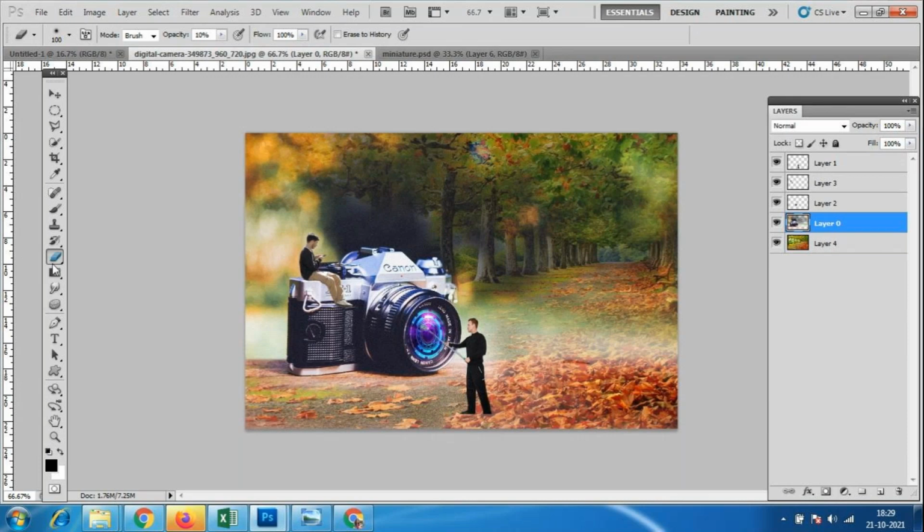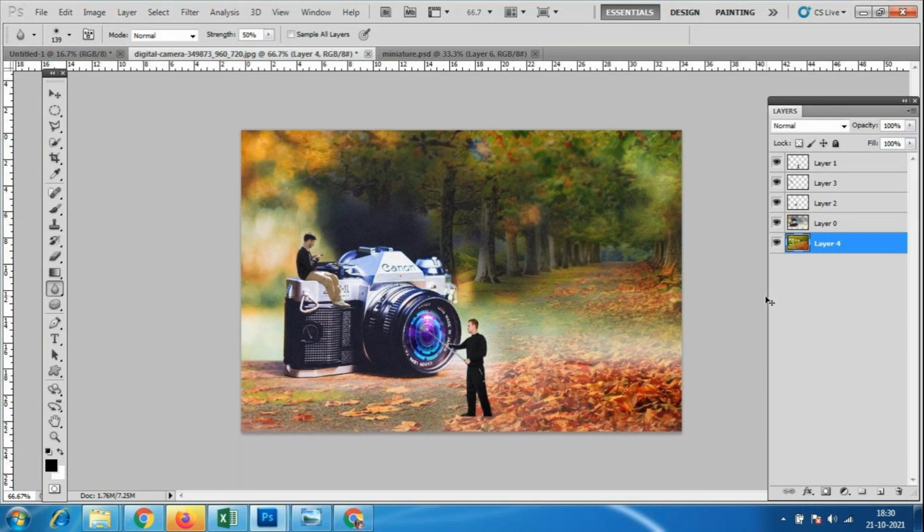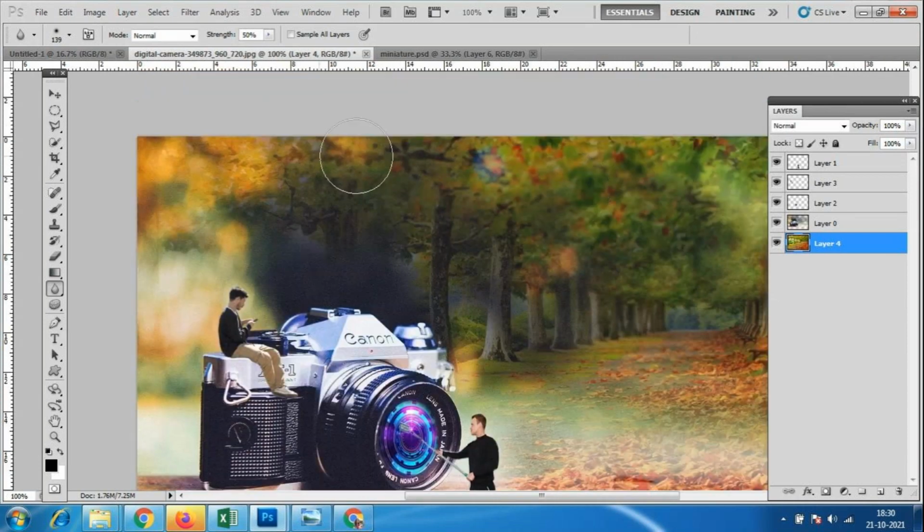Look here, we have one more tool, called the blur tool. Suppose we want to make any of the background blur, I will select this blur tool. In the property window we have the option called strength, which is 50%. I'm making it a little blur, selecting wherever I want the blur. A little bit, you may be unable to see the difference. Actually, I'm slowly making it blur.